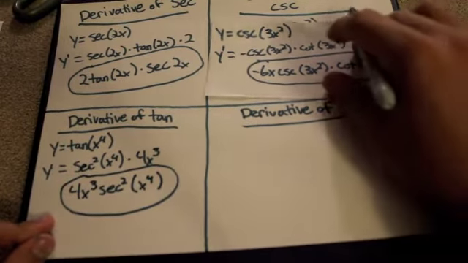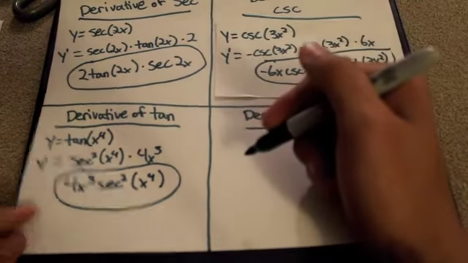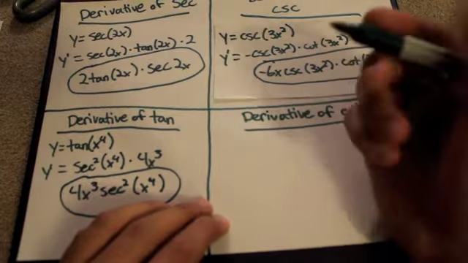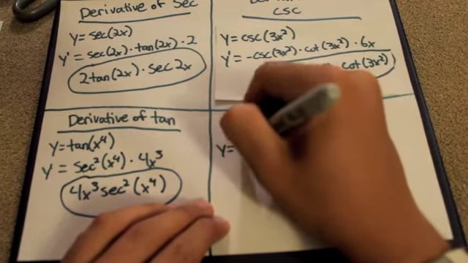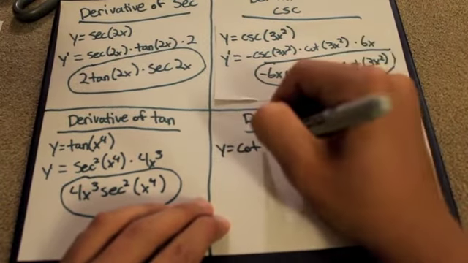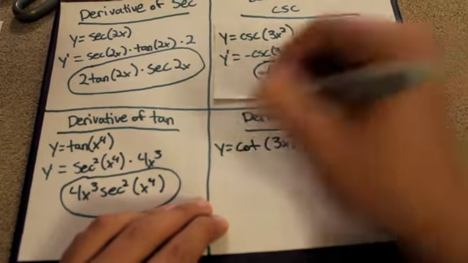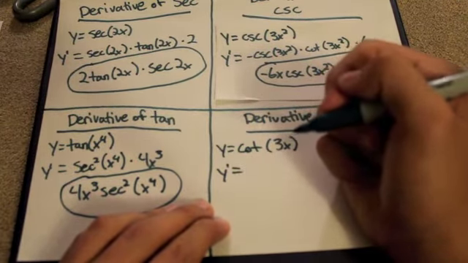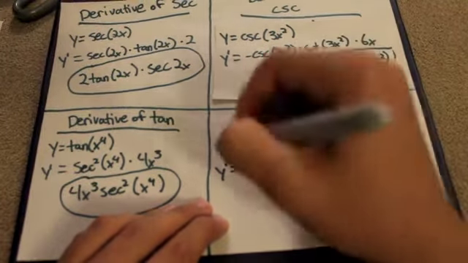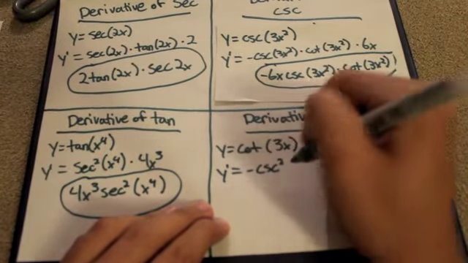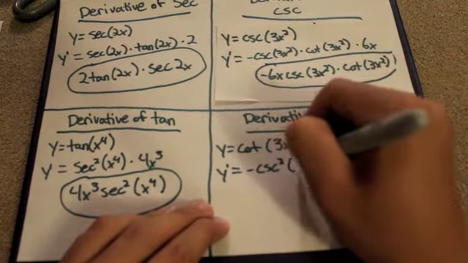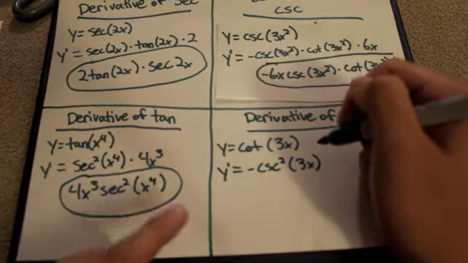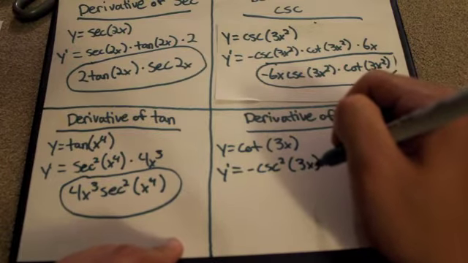You'll notice the similarities and differences between all these. As we go on to the last one, finding the derivative of cotangent, we'll start out with y equals cotangent 3x. If we want to find the derivative of that, it equals negative cosecant squared. So we would have negative cosecant squared 3x,